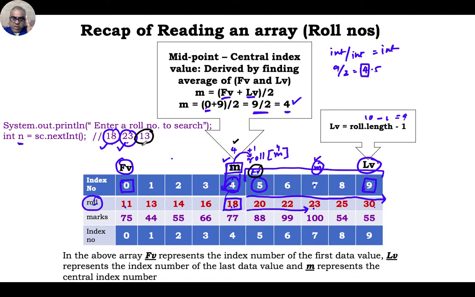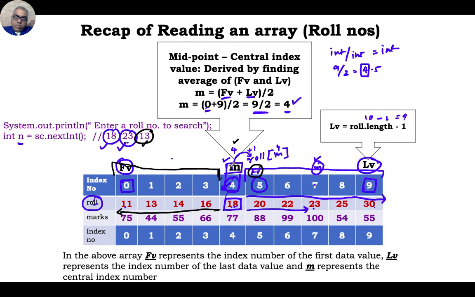But if my input value is lesser than 18, central cell M 4, then I have to start searching here, because in ascending order all data lesser than 18 are on the left hand side. So now we need to start making a search from here to here. If you see here, FV is part of it, M is already being used.